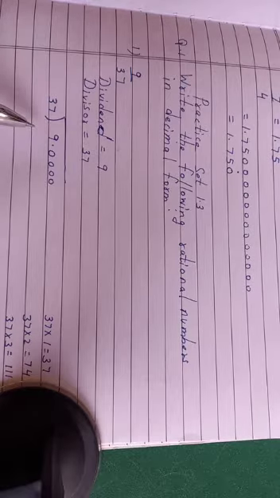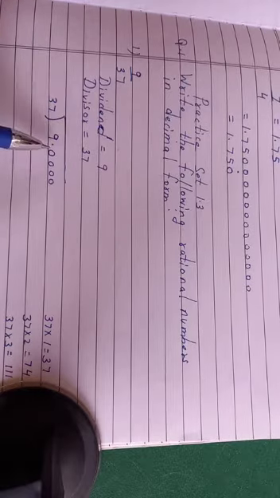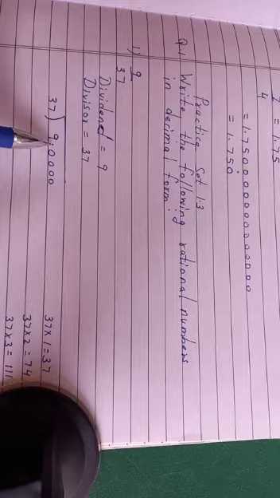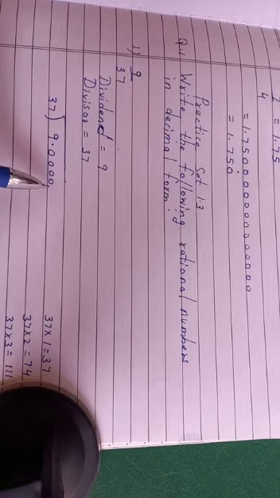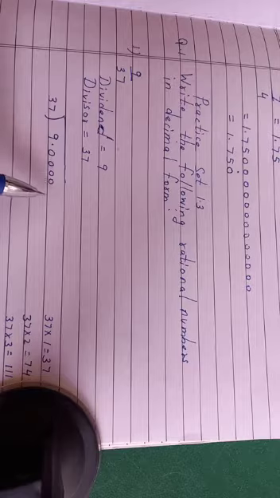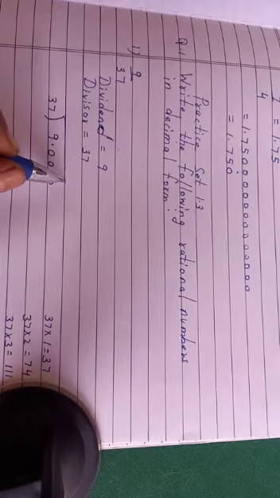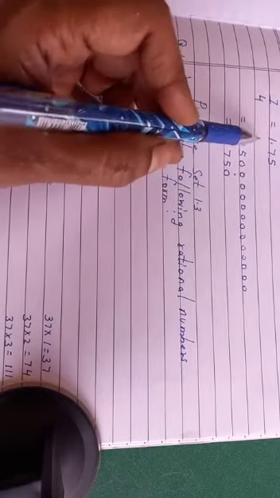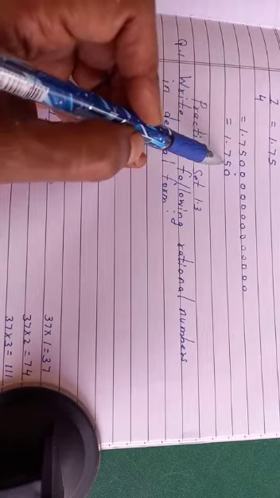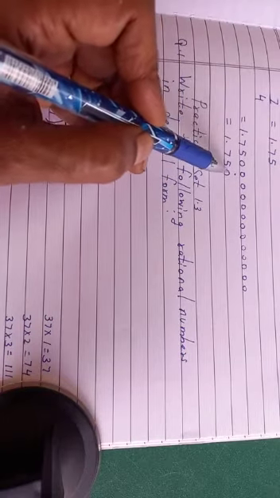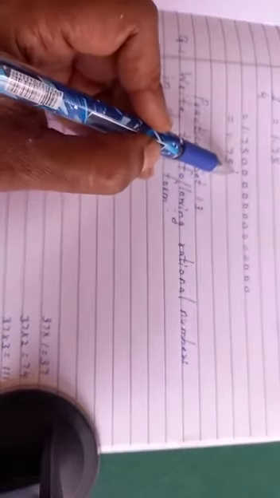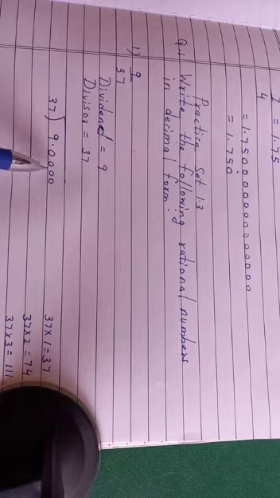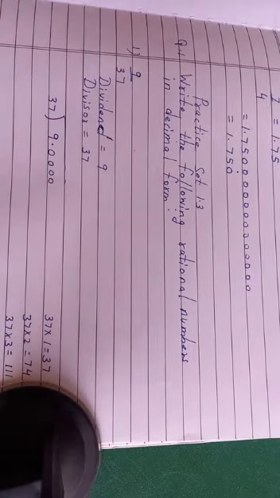Now the first step: here 9 is given. We want the answer in decimal form, so you have to put a decimal point here and as many zeros as you can to the right of the decimal point. The value does not change. That is what we studied last time, how we can convert a terminating decimal form like 1.75 to non-terminating recurring. So for 1.75 I put so many zeros, and a dot means zero is recurring. So it means after the decimal point, as many zeros as possible. If you want, you can write.